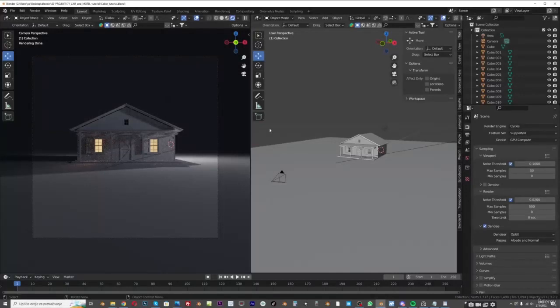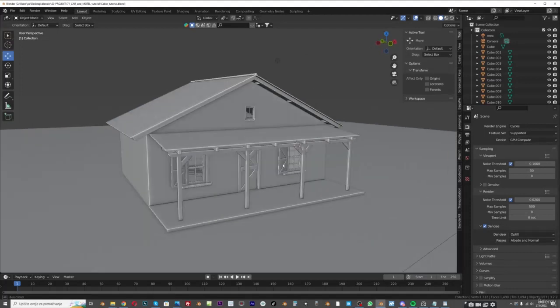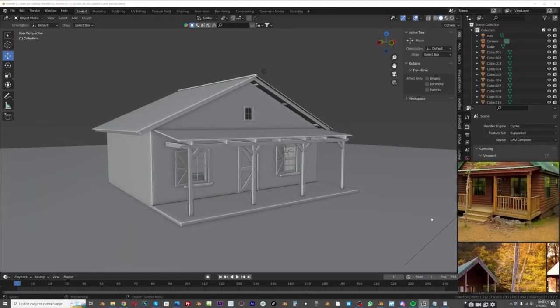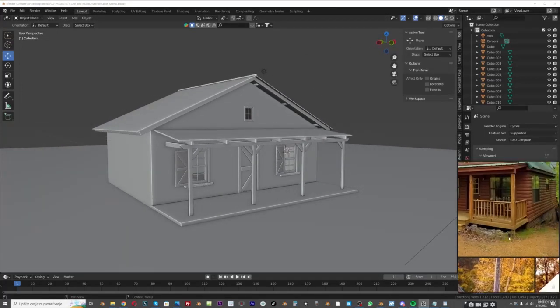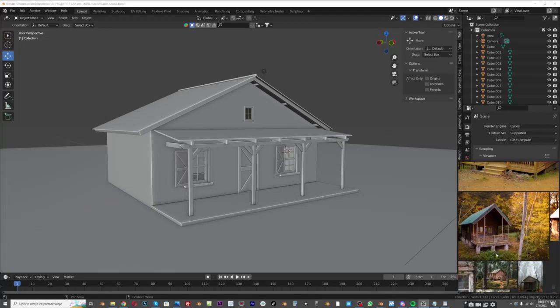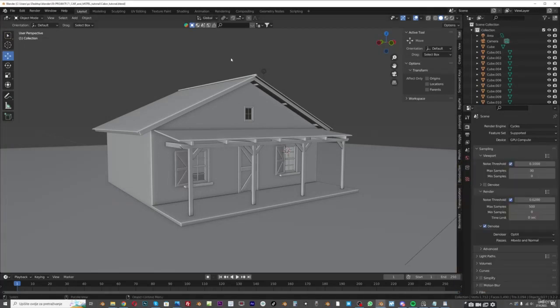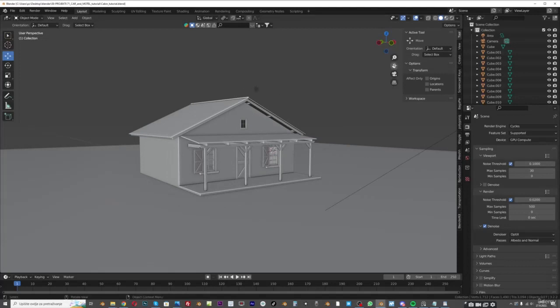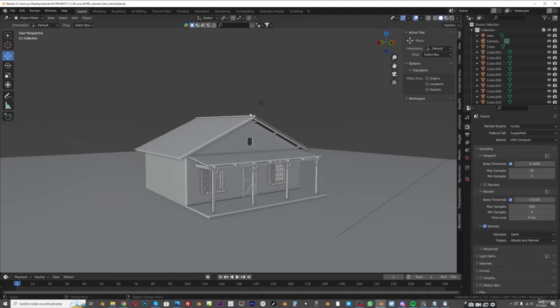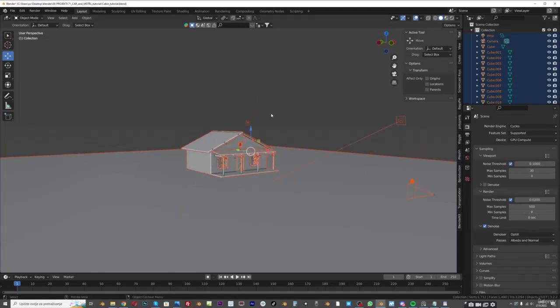We can now continue adding details to our cabin. So I will join this area, and if you look at this reference, you can see that all these cabins are not on the ground, they stay on some columns here. So we can create this easily, and I will now press A to select all,